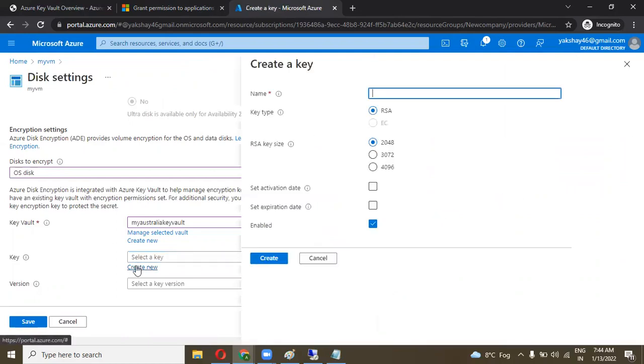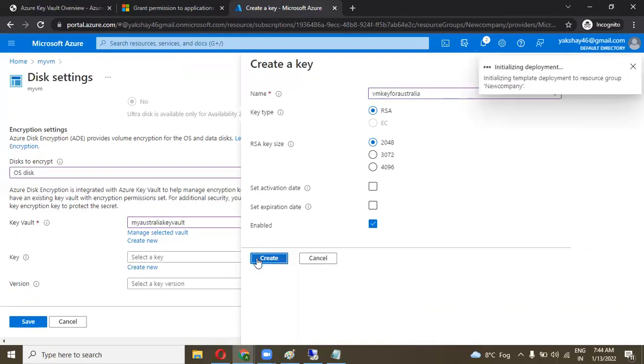Now my key name is VM key for Australia. Now select create. When I create this key, now I am able to select the key and also the version.